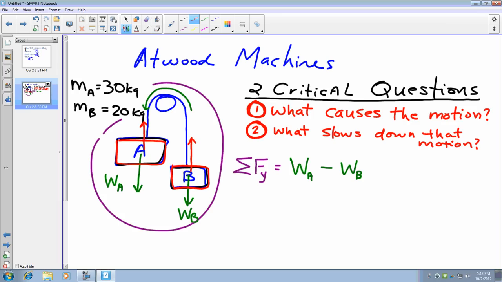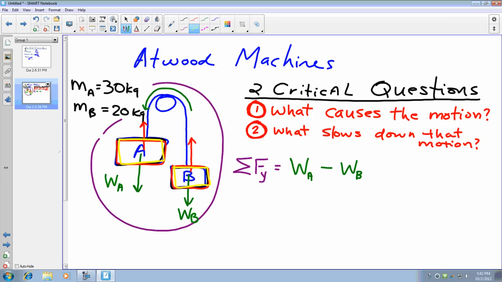Where the tension will become important is when we think about just box A or just box B and the motion that's contributed to just box A or just box B. But we're not quite there yet. So if you just go, huh? Listen to that little stipulation that I just talked about a couple times. And then when you're ready, what we're going to do right now is talk about the motion